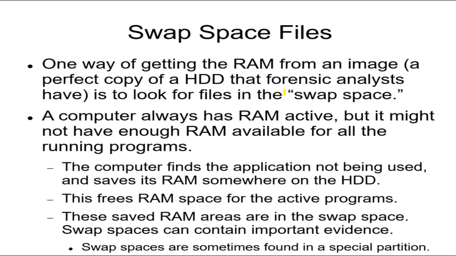So a person gets an image of the disk. What that means is an exact copy of every single file, including the deleted files, including the files in the swap space. That's an image of the disk. And if a person gets that, the forensic computer analyst will get that. They're going to be looking in the swap space to say, hey, what are we missing? What was in the RAM that we don't have, that we can't catch